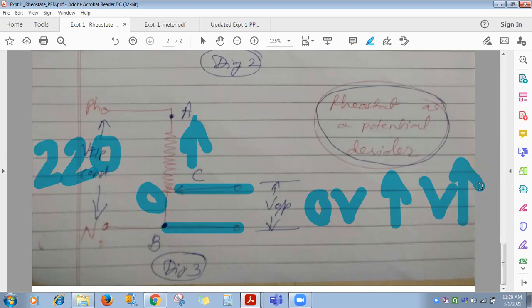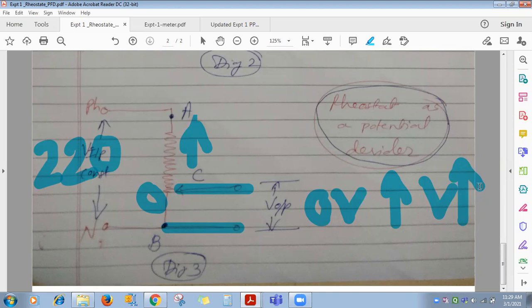See, available everywhere is constant voltage, 220 volt single phase or 420 volt 3 phase. But if you want to give variable voltage, what can you use? Rheostat. You go for rheostat. Clear? Across two fixed terminals you apply constant voltage. Across one variable and one fixed you will get changing voltage. Go on changing the sliding knob its position.